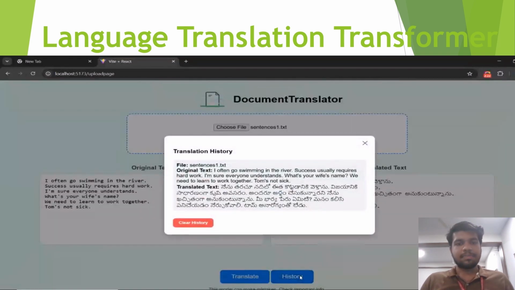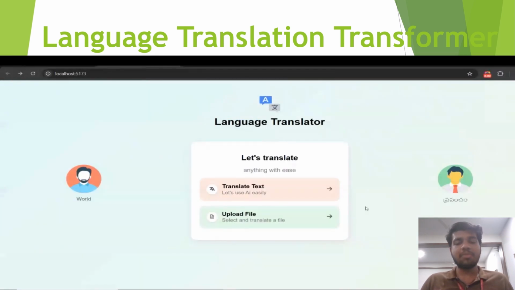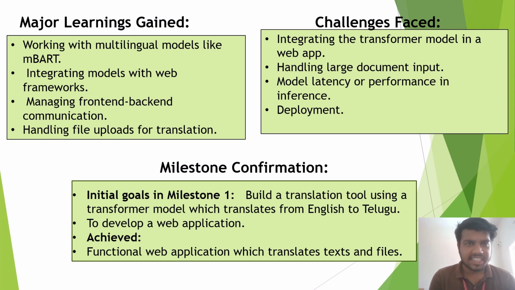Next, the conclusion is this is how our English-Telugu translation project works. The entire backend is powered by AI models like mBART, and it supports both direct input and output text and file uploads. Coming to the major learning gained, I learned a lot of things during this project,